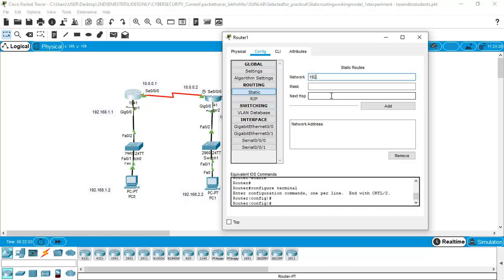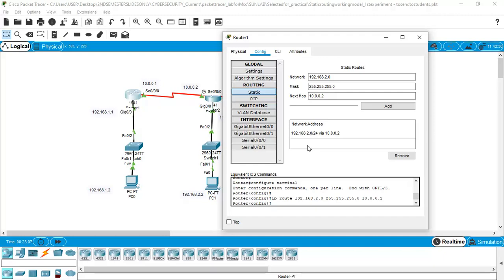The network is 192.168.2.0, the subnet mask is 255.255.255.0, and the next hop is 10.0.0.2. I will add it so that the 192.168.2.0 network will be reachable through router R1.